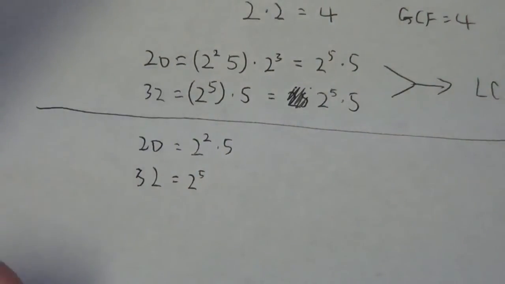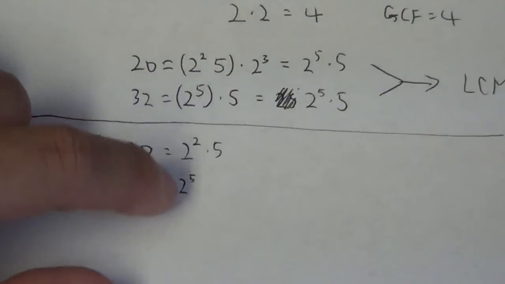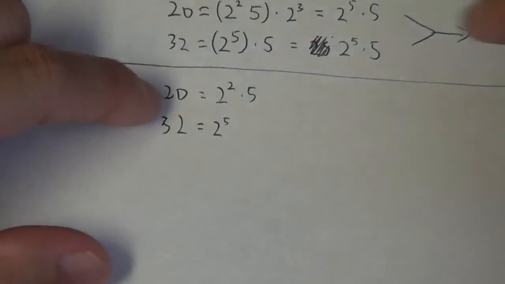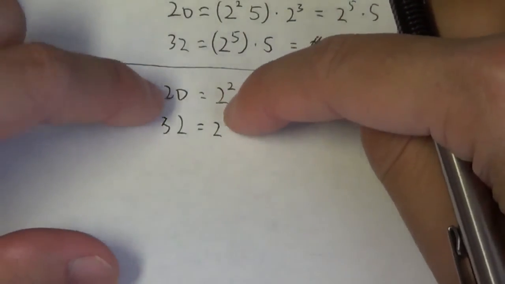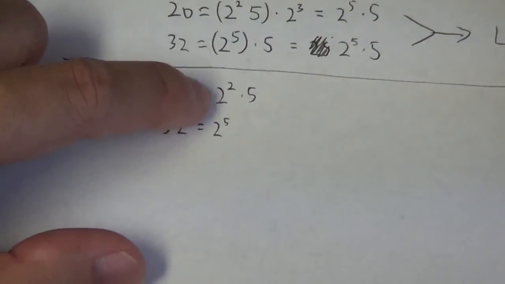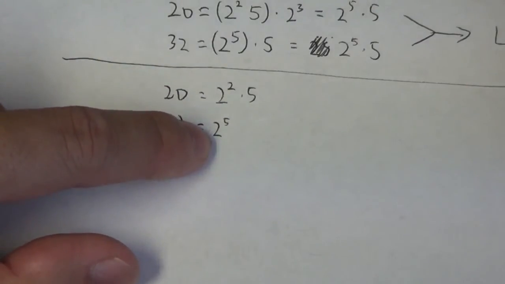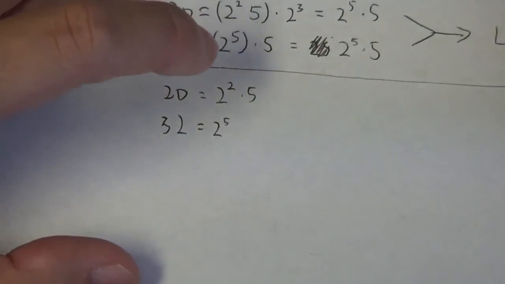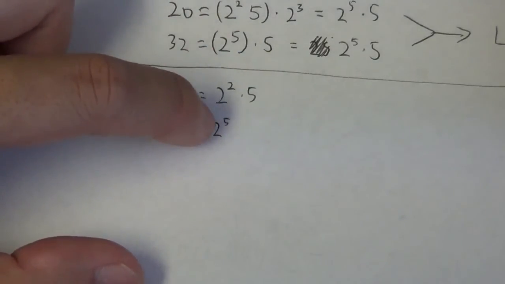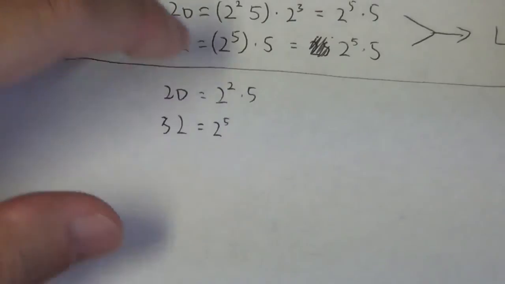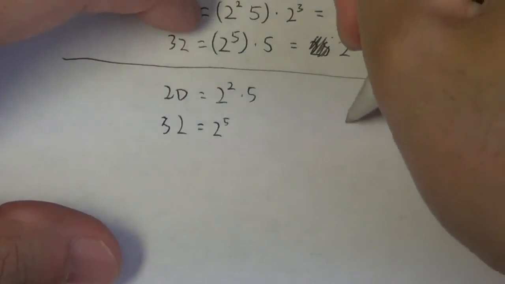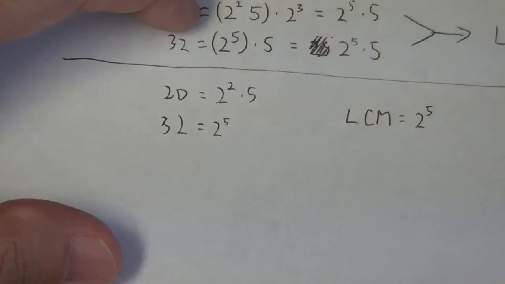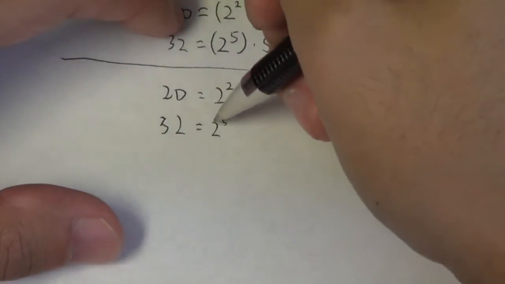Alright, so this is just another way of looking at the information. We got these numbers from the factor tree earlier, okay? I'm looking at it and I see they both have 2 as a factor, except this one is being taken to the power of 5, and this one is being taken to the power of 2. By taking 2 to the power of 5, that will automatically include 2 to the power of 2. So my least common multiple needs to have 2 to the power of 5, and that will take care of